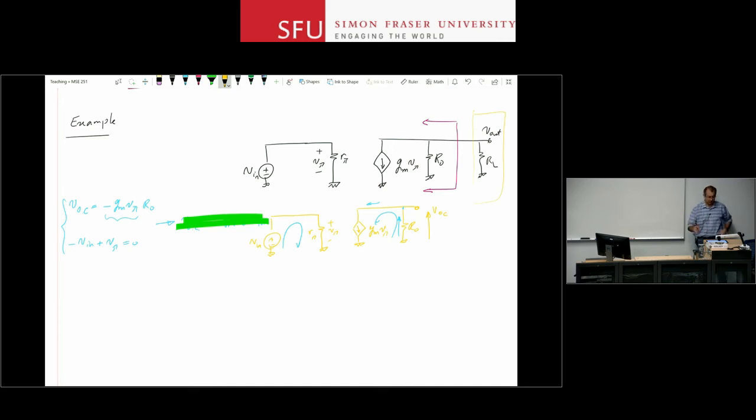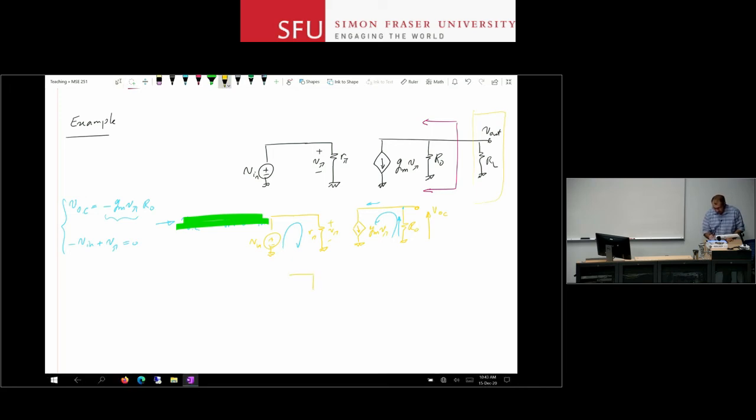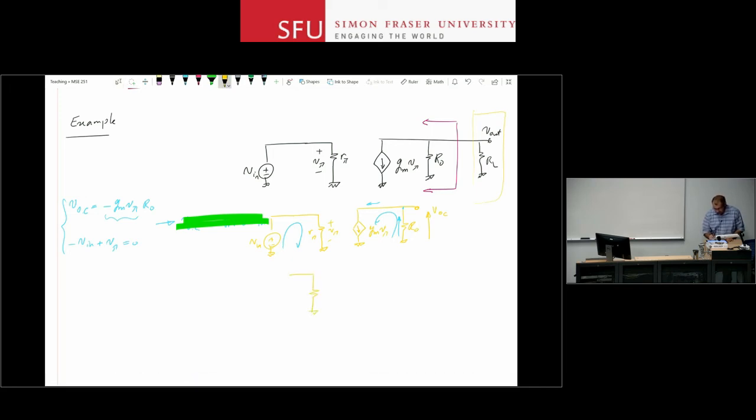I'm going to use the method that I just talked about in the, let's say, past 5 minutes to calculate the Thevenin. In this case, it may not be that much simpler. So, to calculate the Thevenin equivalent resistance, I redraw my circuit, but this time I